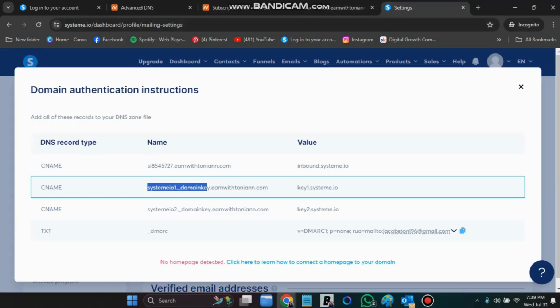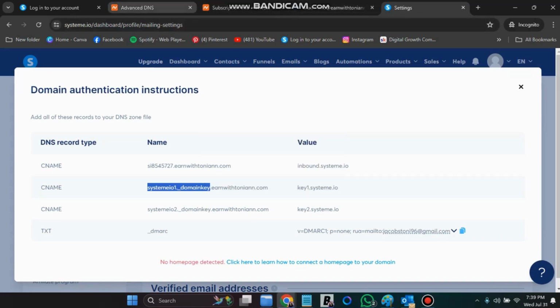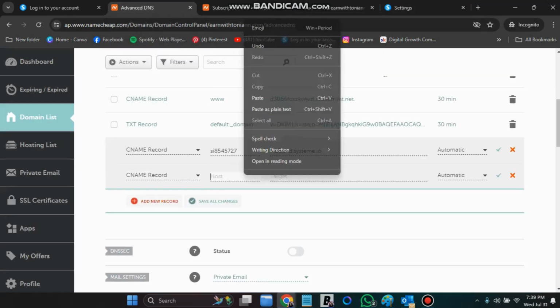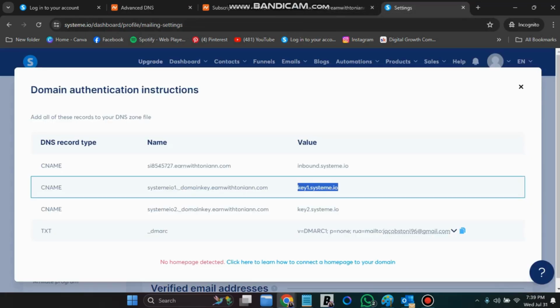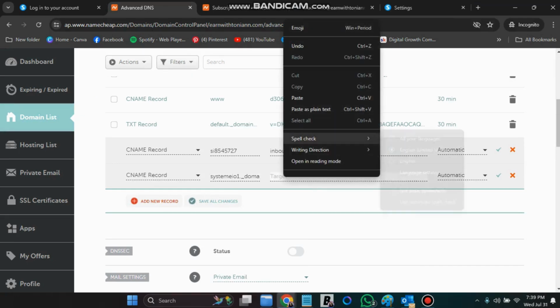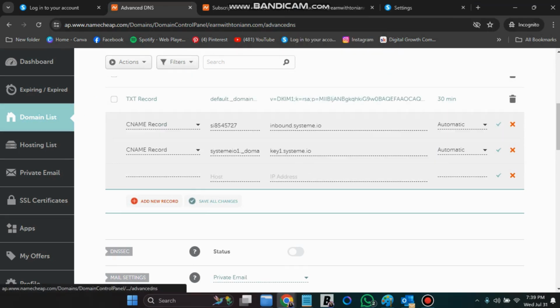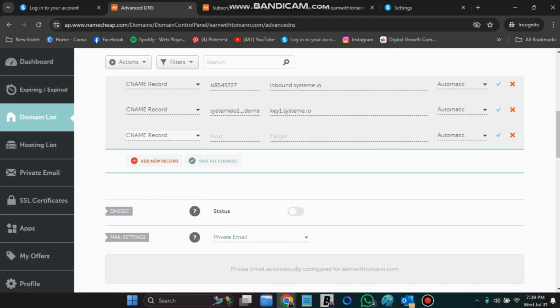Again, copy everything in front of the dot. Copy. Paste at the host. Now we're going to copy the key one system.io and paste. Add a new CNAME record. So now we did system.io, system.io1. We are now going to copy